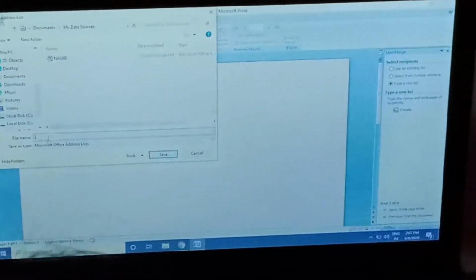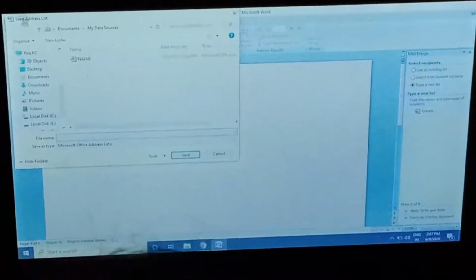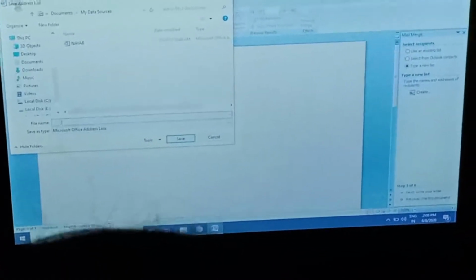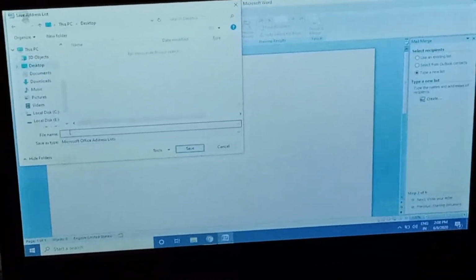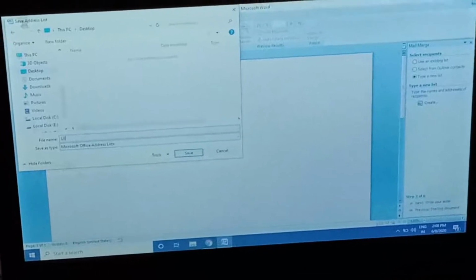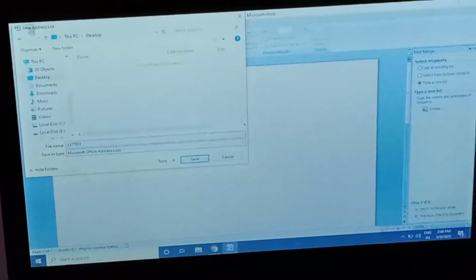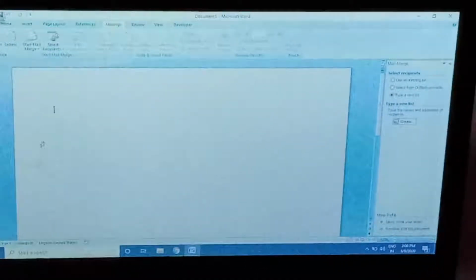Just click the OK button, and one dialog box appears in front of you. Field name, letters in marriage, just click OK.